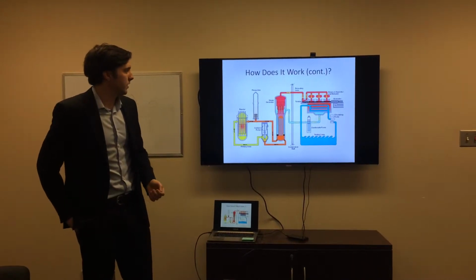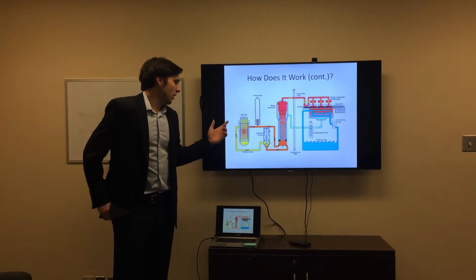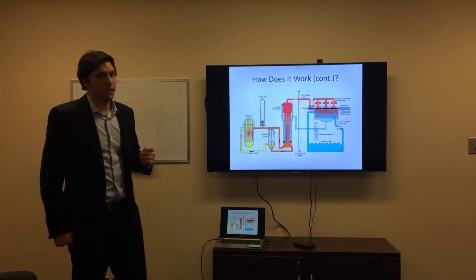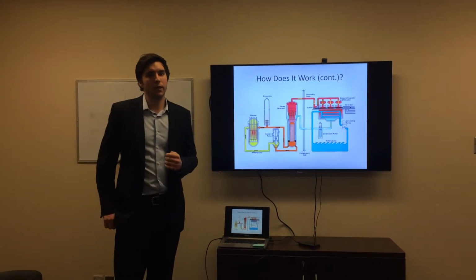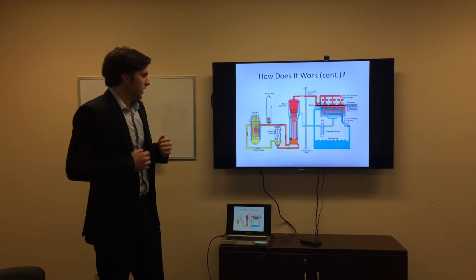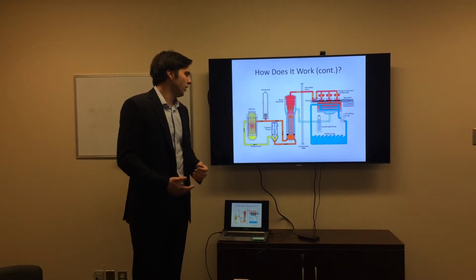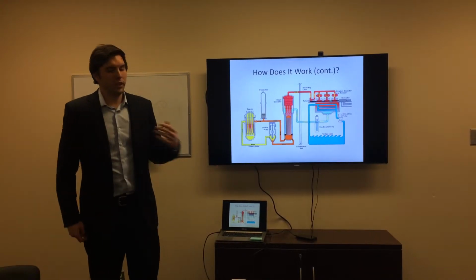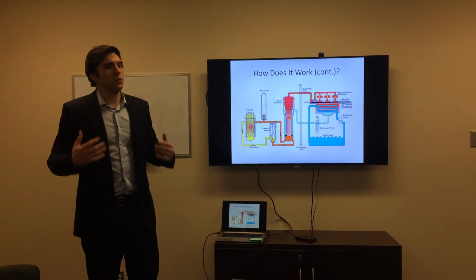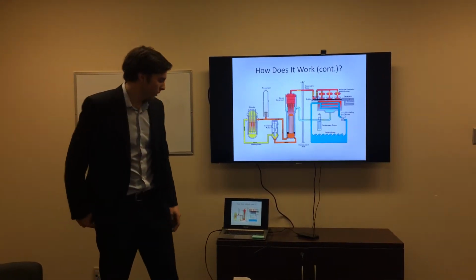The problem with this is that in the reactor we have used fuel and non-fissionable uranium, which they need to take out, but this non-fissionable uranium is still highly radioactive. We have no way to make this less radioactive except to let it sit for a while in a cooling pond and then bring it into dry fuel storage. The problem with this is now we're getting too much fuel, too much storage, and it's also a potential hazard to